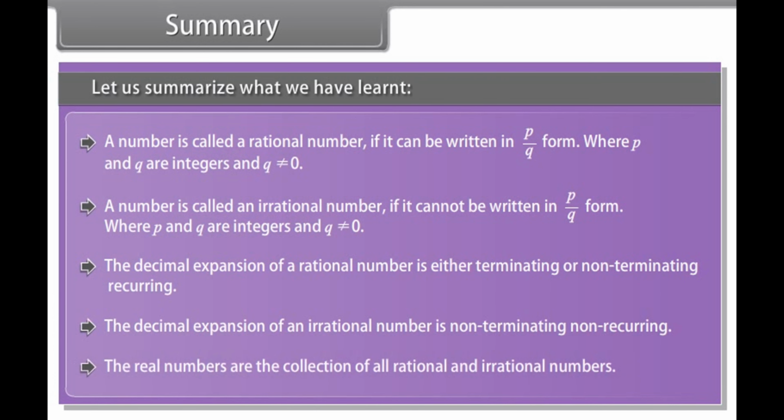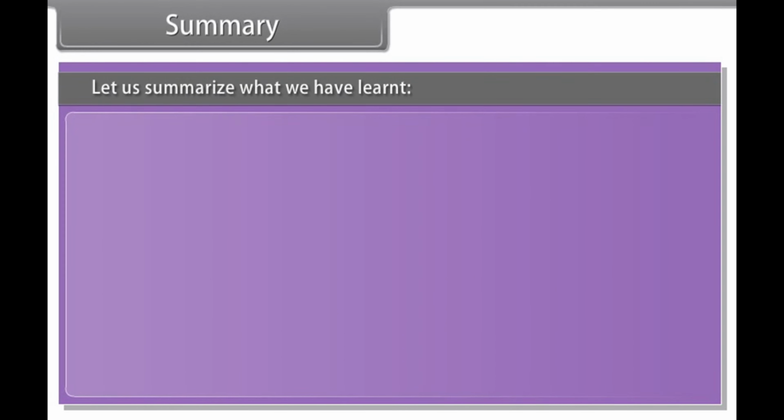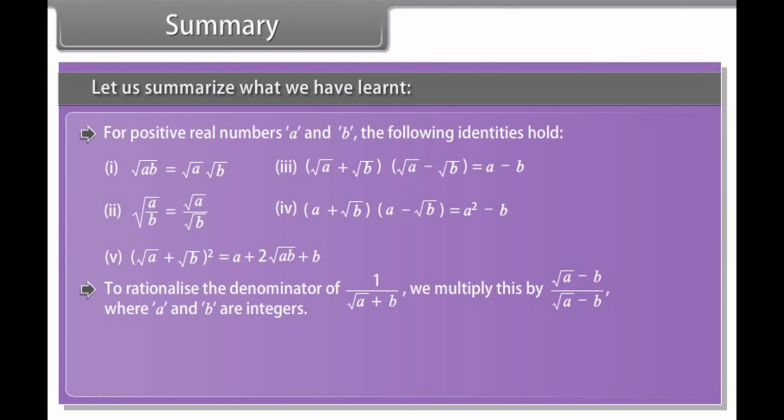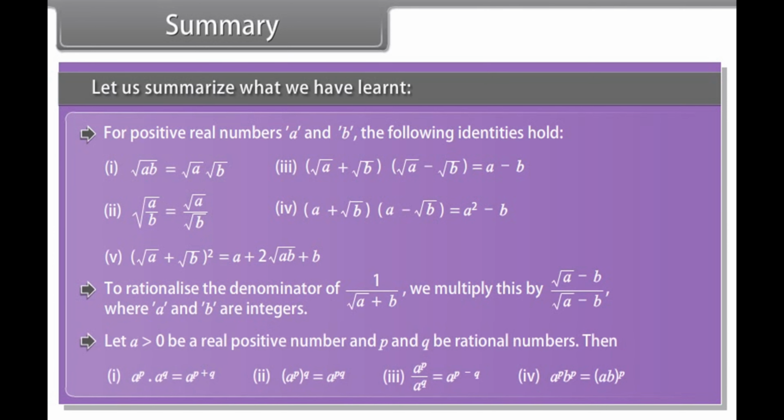The real numbers are the collection of all rational and irrational numbers. For positive real numbers a and b, the following identities hold. To rationalize a denominator of 1 upon root a plus b, we multiply this by root a minus b whole upon root a minus b, where a and b are integers. Let a greater than 0 be a real positive number, and p and q be rational numbers, then